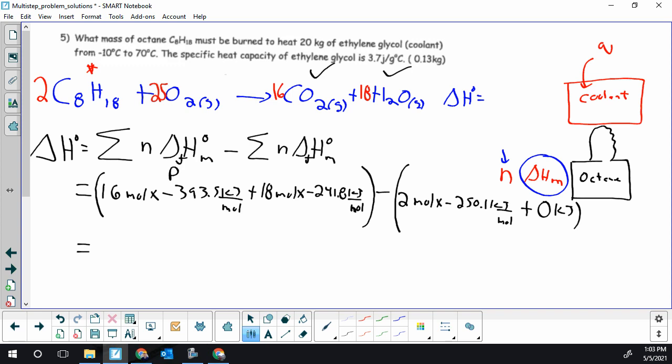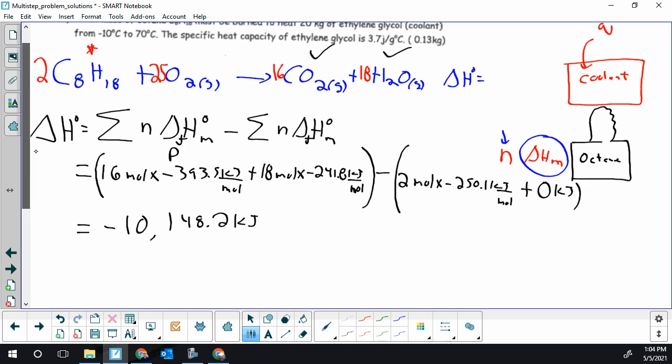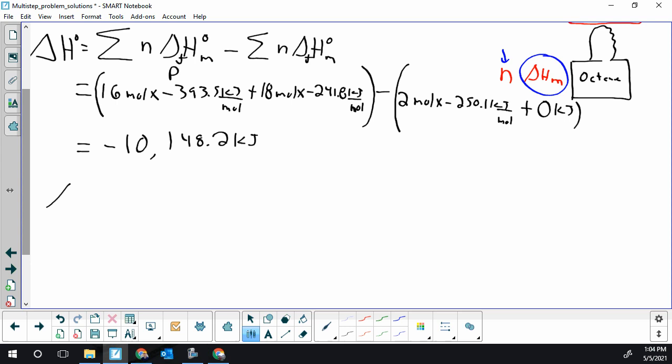When you put everything into your calculator, if you have a graphing one, you can put it in exactly as I've written it out, obviously without the units, but with the brackets as I have them, and you should get a release of 10,148.2 kilojoules. So that's the enthalpy change of our reaction,